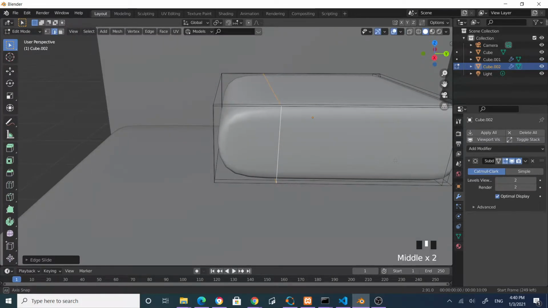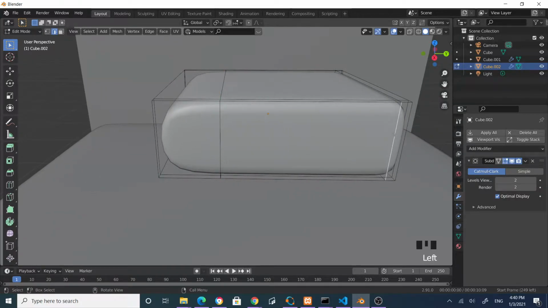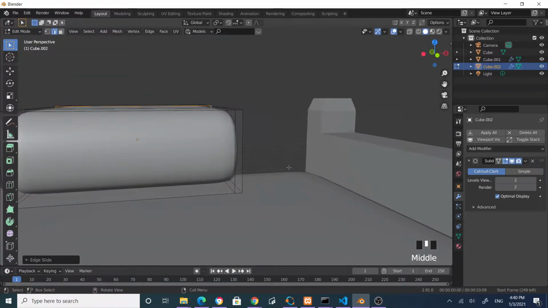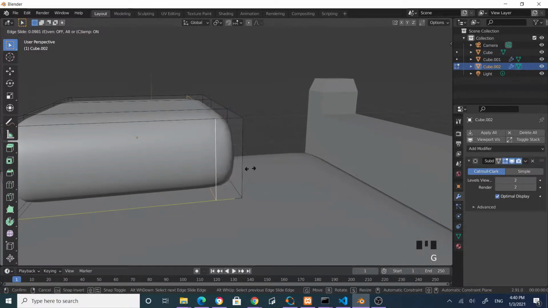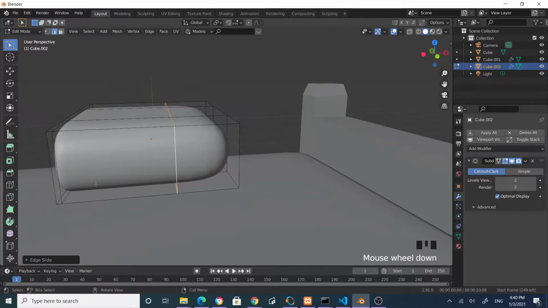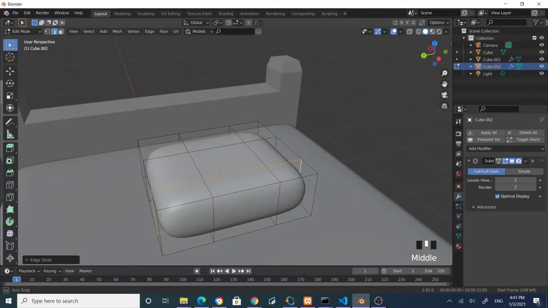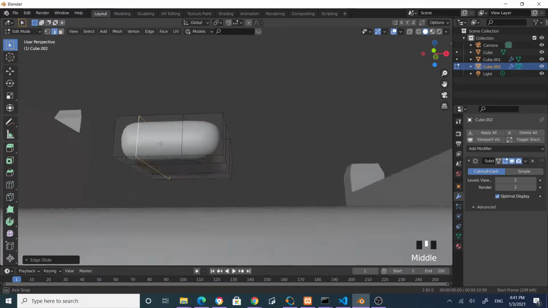Okay, same thing for this one, edge loop, Alt click, G G to grab, and then same thing here, edge loop, G G to grab. I'm doing the same thing here as well, G G to grab. Okay,